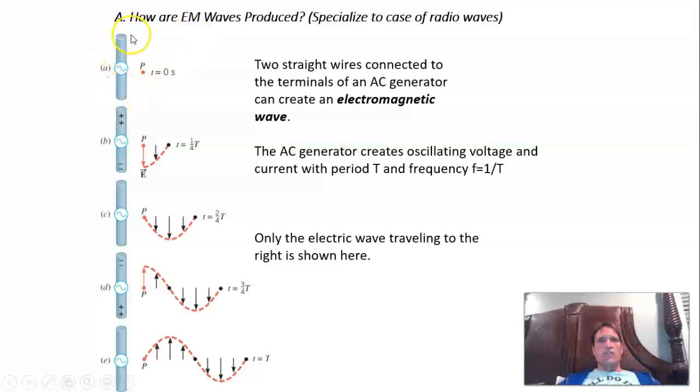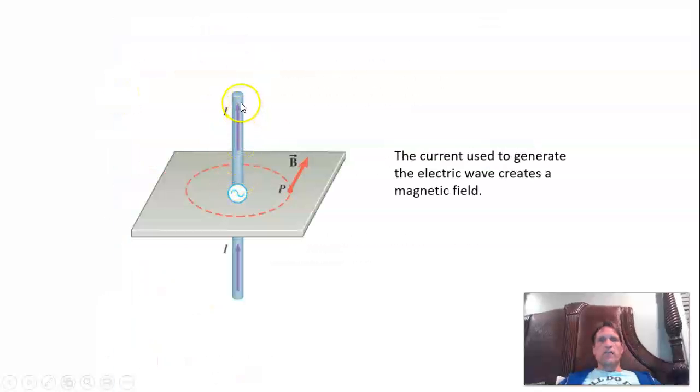As the charge sloshes up and down, the electric field direction changes. And if your electric field direction changes, it generates a magnetic field around the loop. Remember, a changing electric field in time generates a circular magnetic field that circulates around the loop. Now you've got a changing magnetic field with time, and that induces an electric field, and this disturbance propagates away